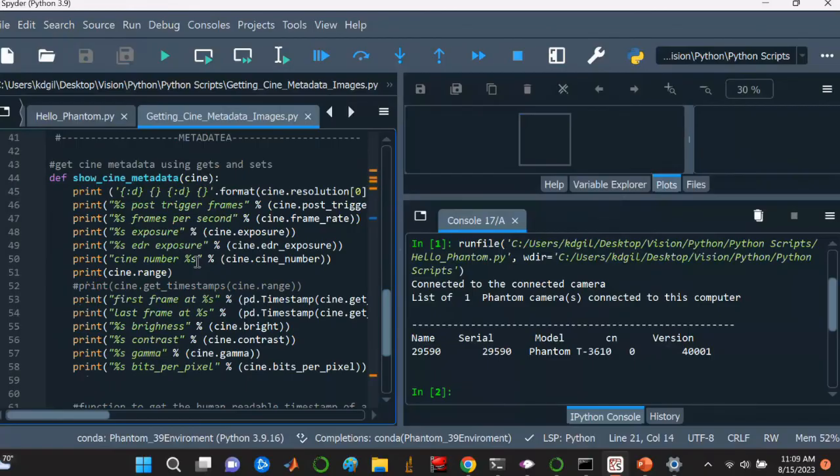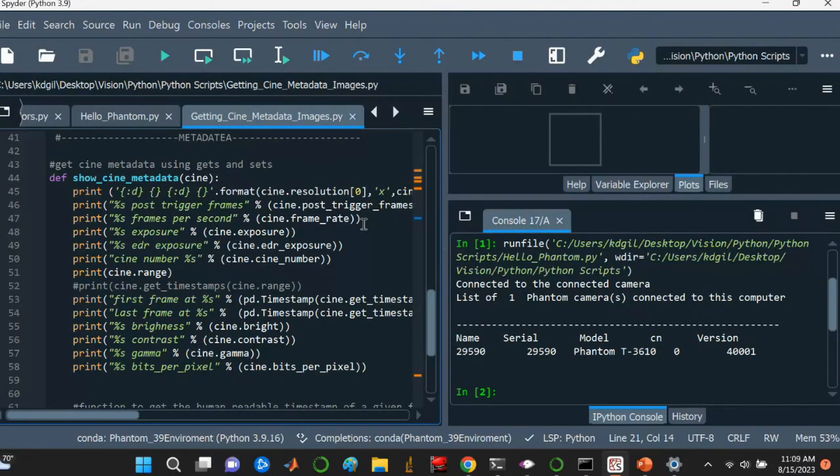So let's run that code. You need to select a Cine file, which I'm going to select, for example, this one, which is from a mono camera. Okay. In this code, what I'm displaying is all of the frames within that Cine file,